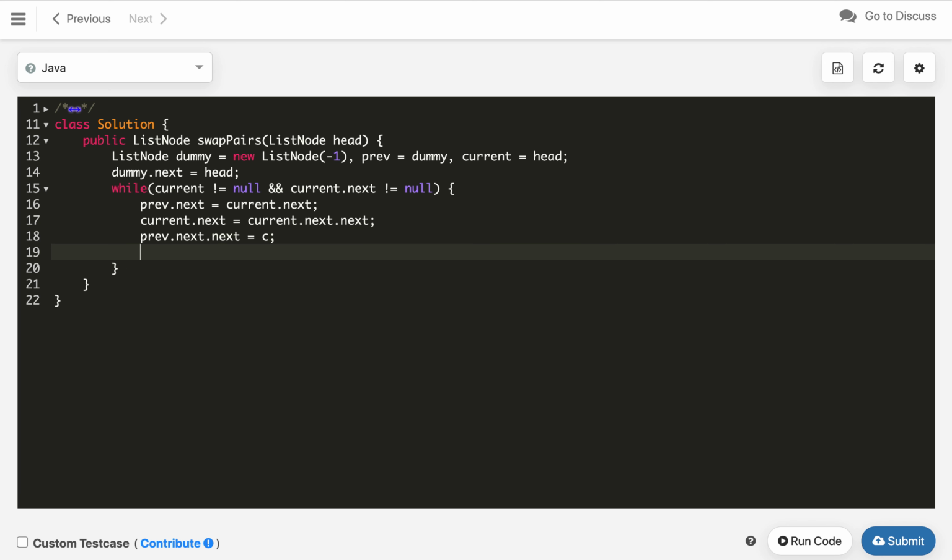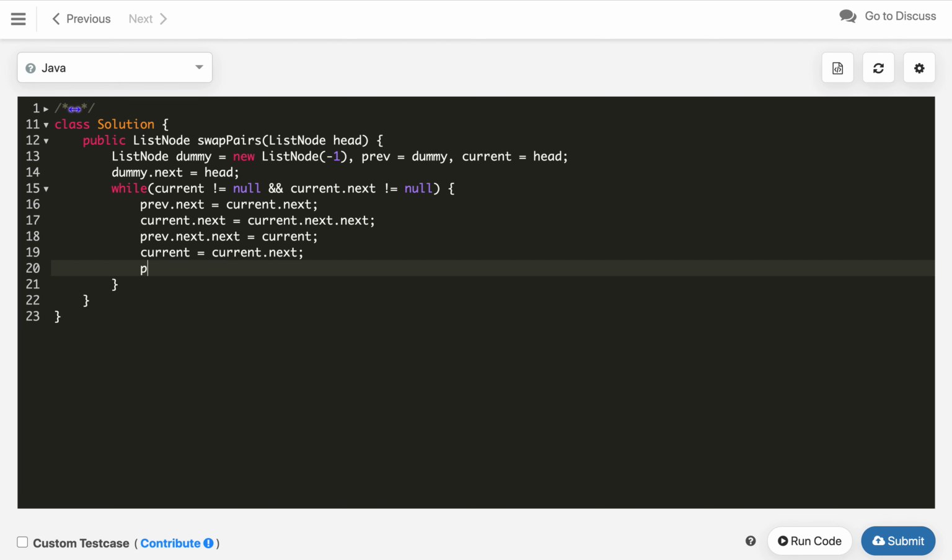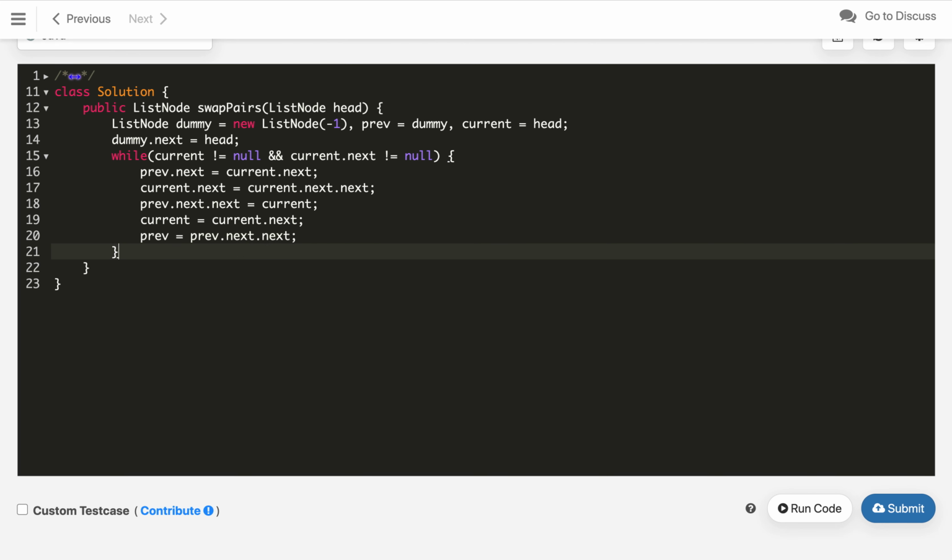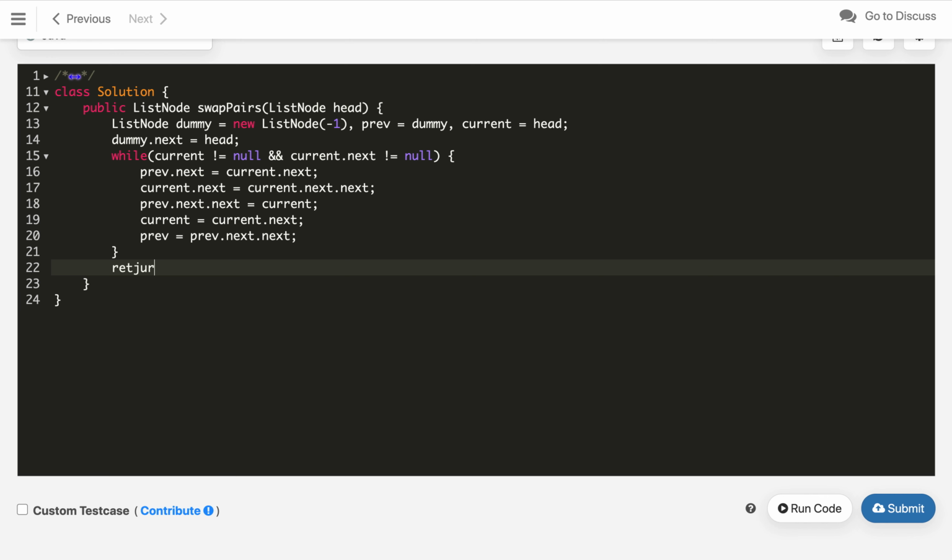Once it is done, we will update current by current dot next. Oh, this should be current. So current is updated by current dot next and previous by previous dot next dot next. So we updated both the pointers, and in the end we just return the dummy dot next.